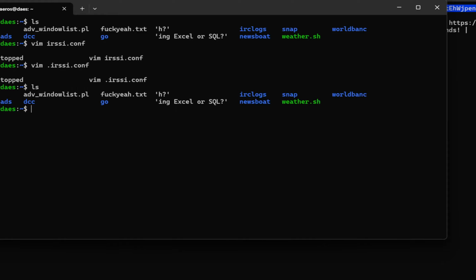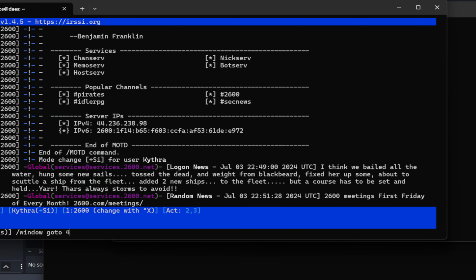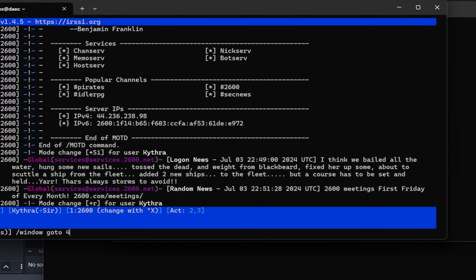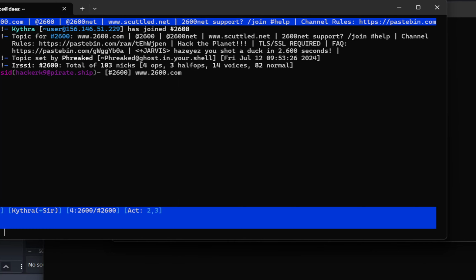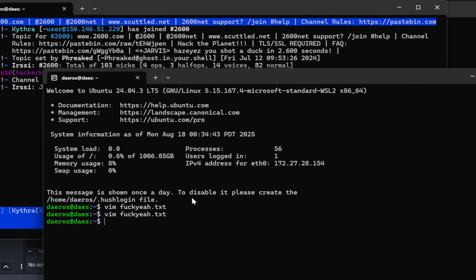But I've got an irssi conf that is essentially configured so that it, let me just close out of this one, so hopefully it won't do anything too terrible as far as leaking private data. So there we go. Boom. IRC with irssi and